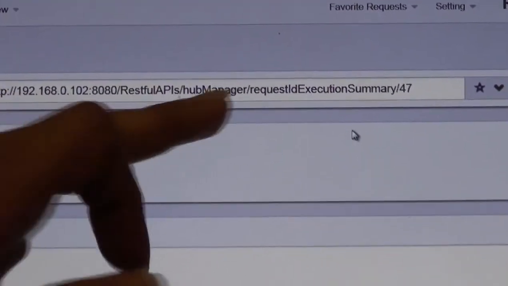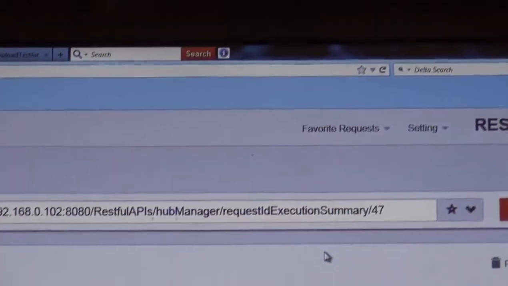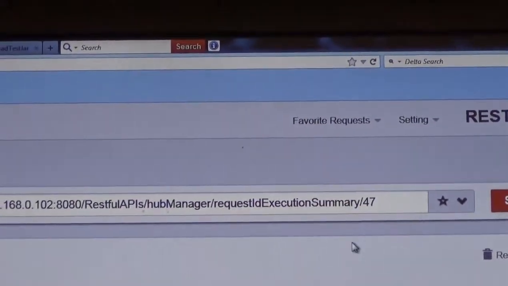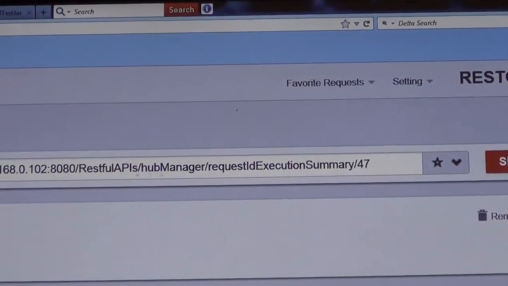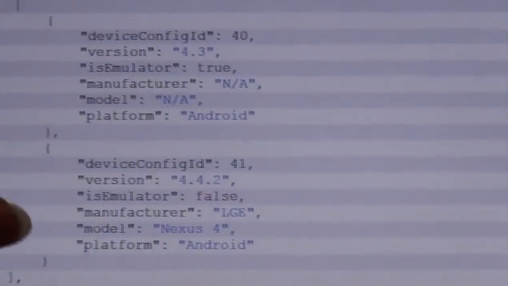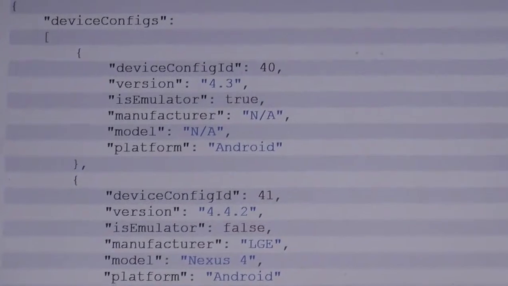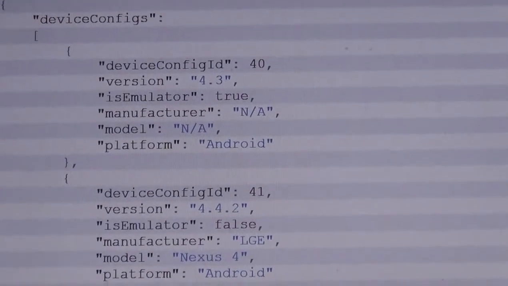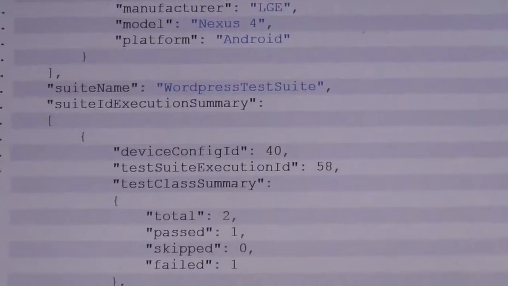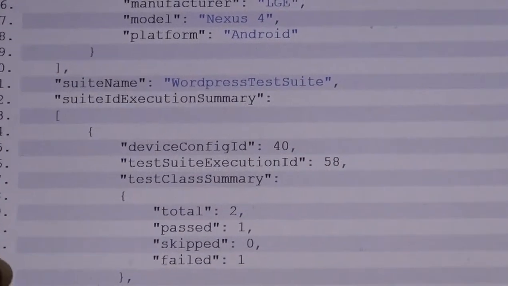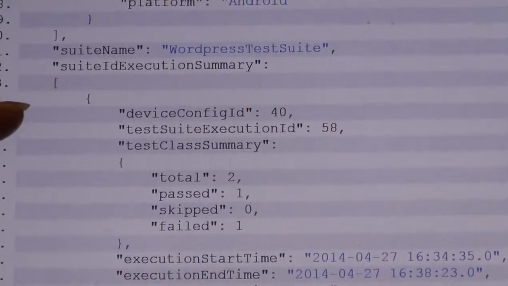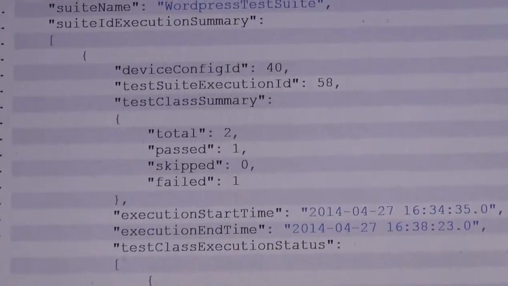So we can first see the request ID execution summary. So this was the request ID. Let us see what the summary says. Now we see the tests were run successfully on these two particular devices. One is an emulator, one is a real device, as you all know. So let us see what the suite ID execution summary says. It says device ID 40. This is for the